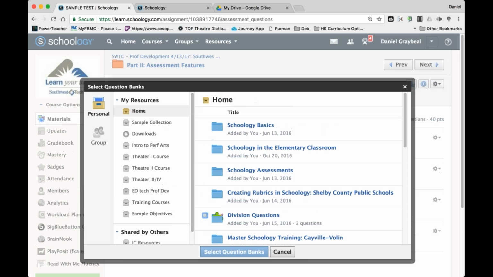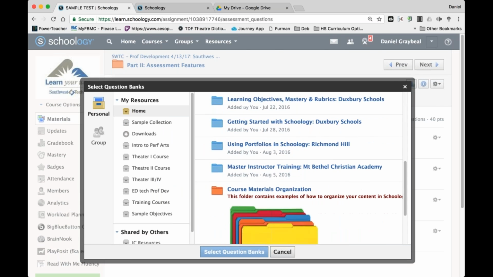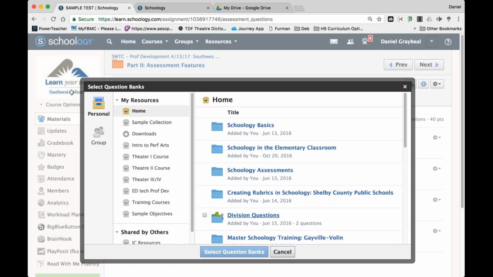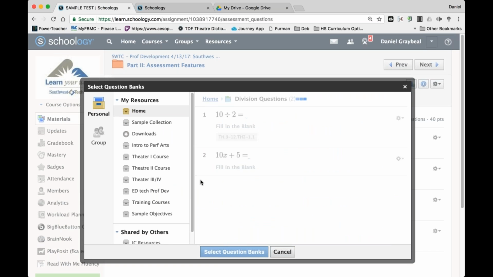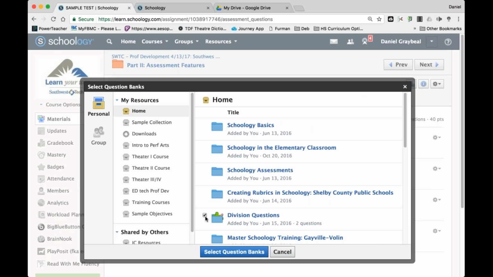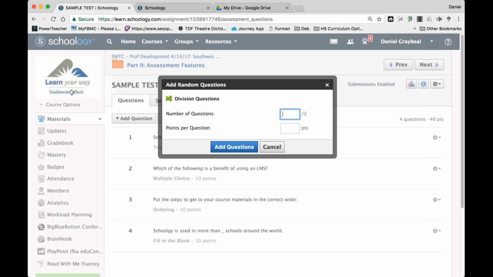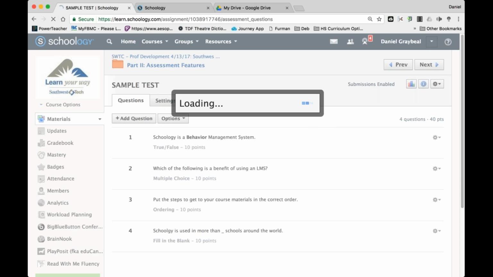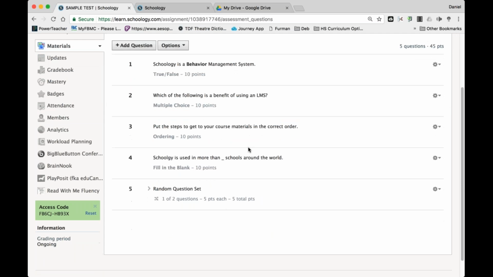specific ones. Let's see if I have anything that's bigger than that. I don't think I do. So then I would click here. Actually, click that one. Select question banks. I'm going to tell them how many questions I want. I only want 1 of them, and I want them to be 5 points each. And I'm going to hit add question, and I won't know which one it's going to pick until I actually